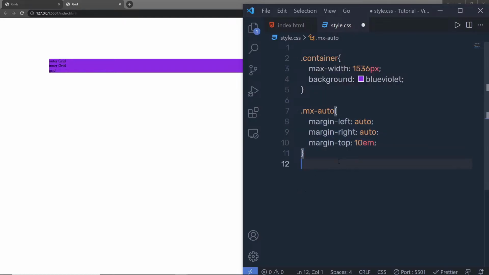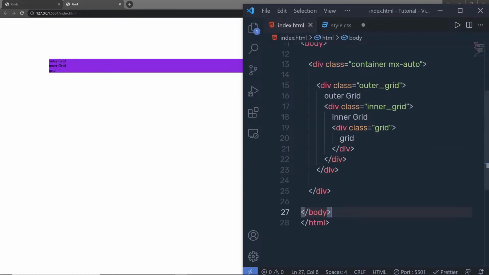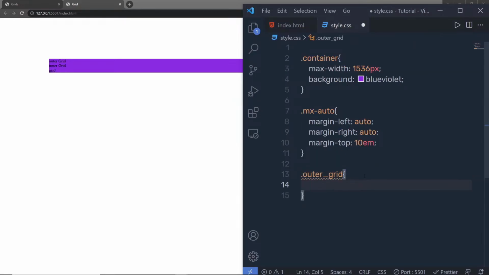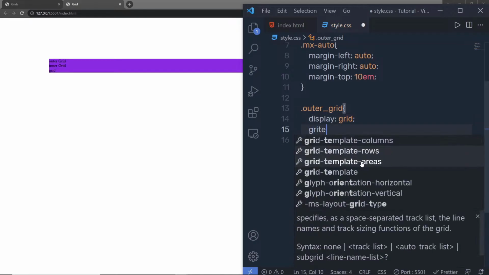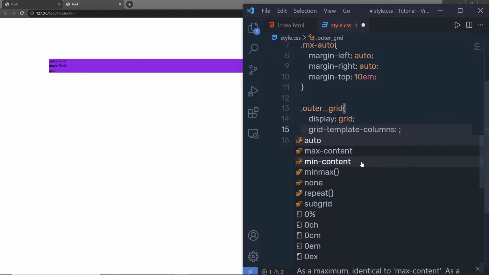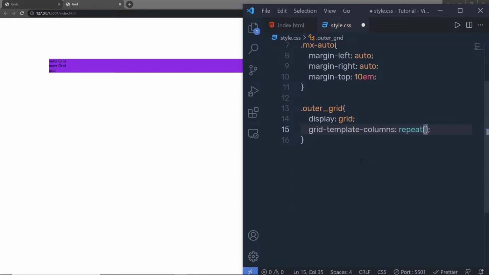Just out of that, I'm going to select my outer grid, this one. I'm going to select that, something like this. And to this outer grid, I'm going to specify display, which is going to be grid. Then specify grid template columns to create columns inside grid layout. I'm going to say here grid template columns, repeat one column with minmax,